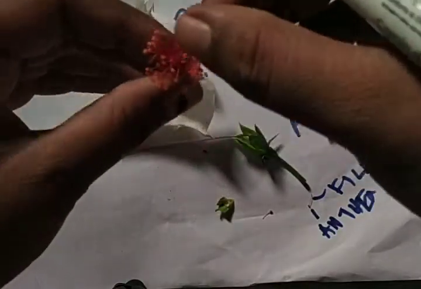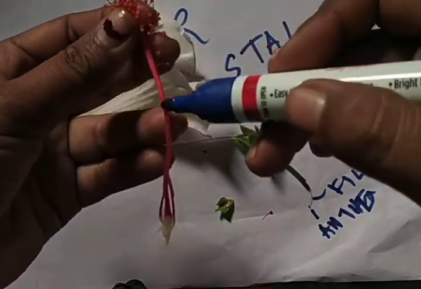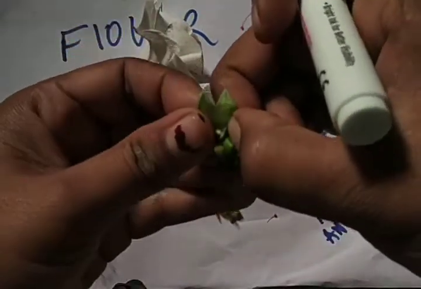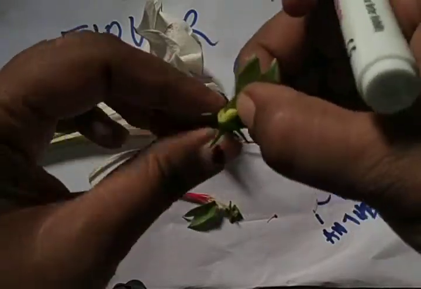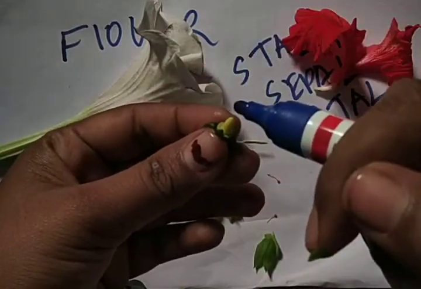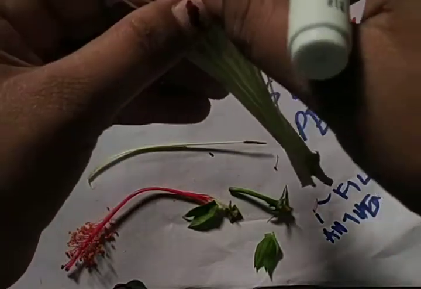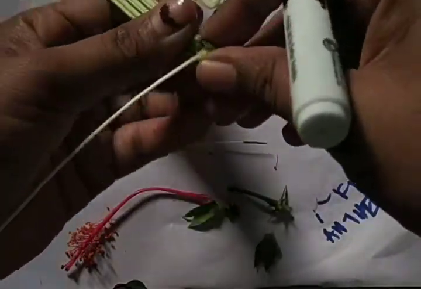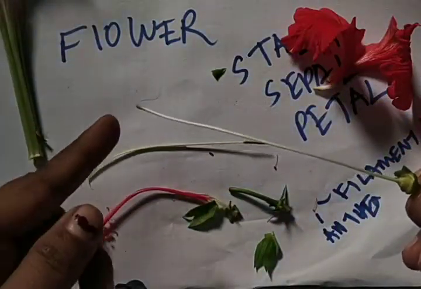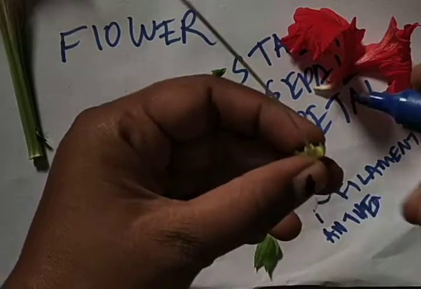And this whole portion is the pistil. In the pistil you can see this upper one is the stigma, and this is the style. The ovary has been cut out. This portion is the ovary. Here your middle portion is our pistil. This beginning one is stigma, this one is style, then here below is the ovary.